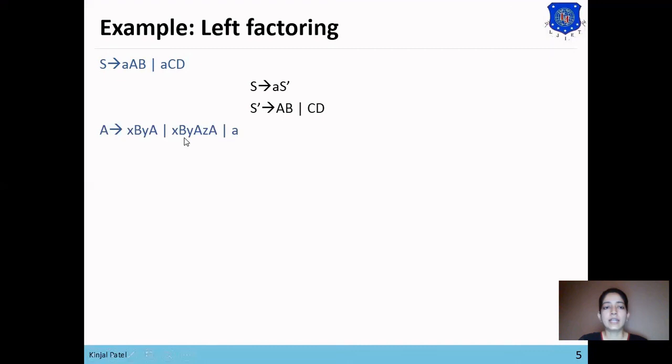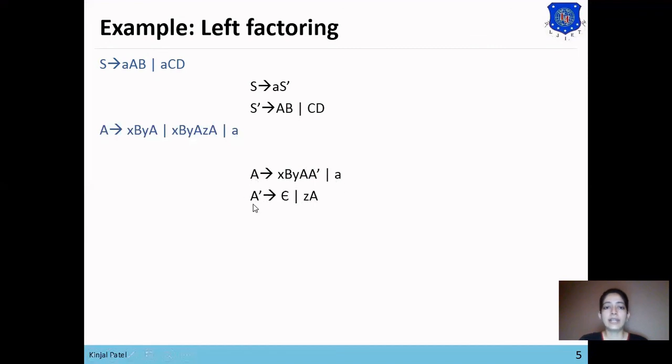So A produces XBYA A dash, where we have selected the common prefix and generated a new non-terminal A dash. In the third alternative there is no common prefix, so we write it as it is.